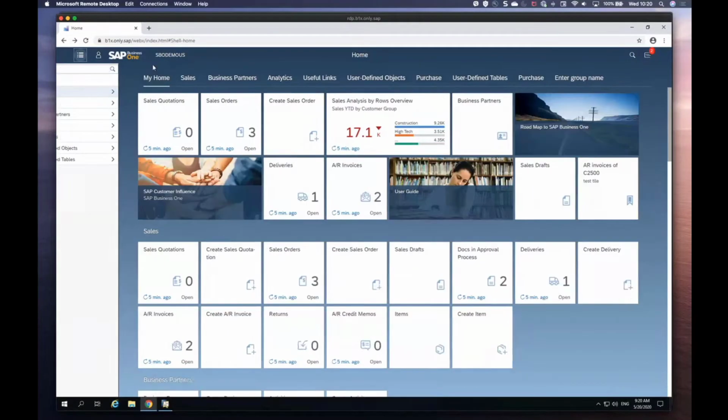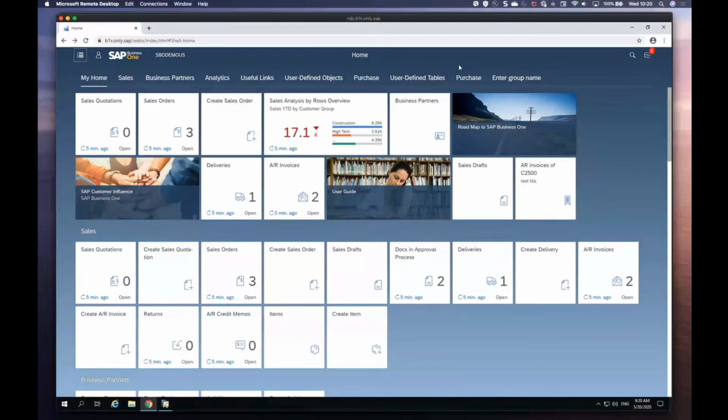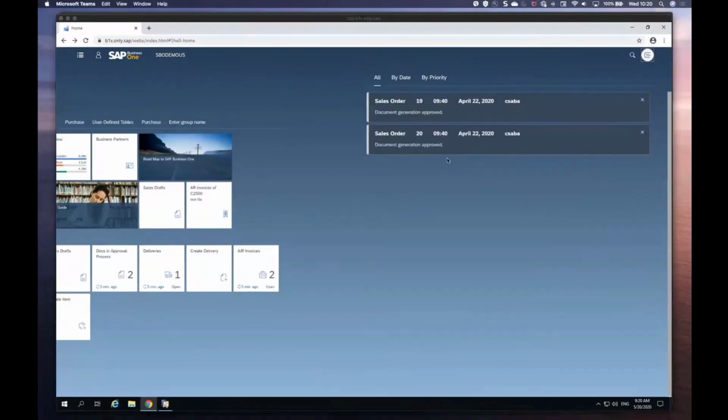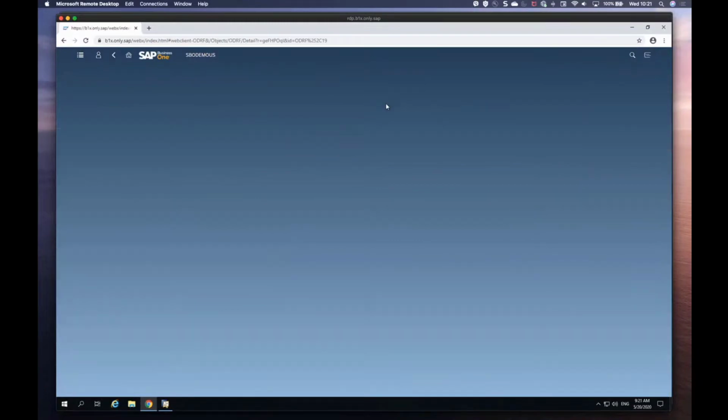Okay. This is the company name, as I mentioned, and actually this is the notification area. You can set up the notification so that you can always see it on the main screen, or you can set it up this way, and you can see the notifications by date and by priority, and the priority is signed in color in the left side corner of the notification. So if you have an important notification, in that case, this will be red and so on. But for sure, you can drill down again from here to the